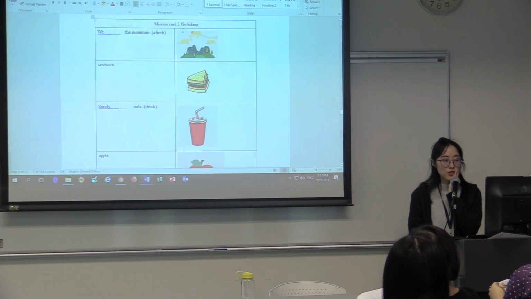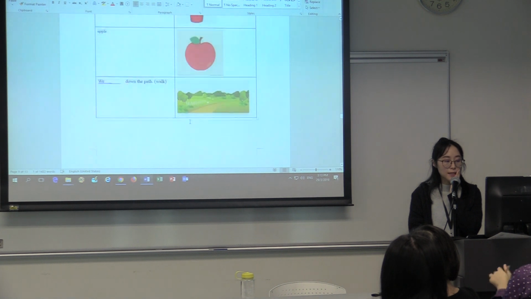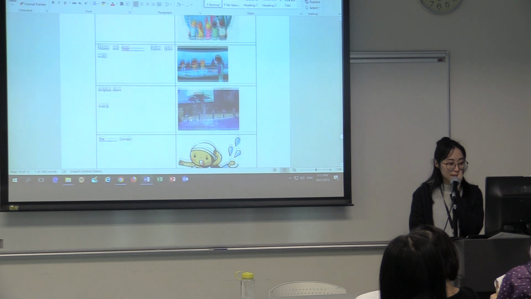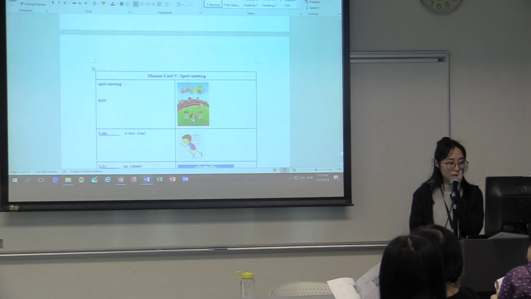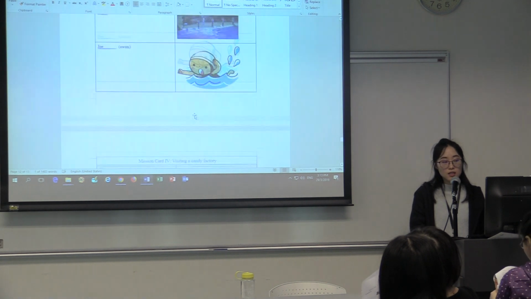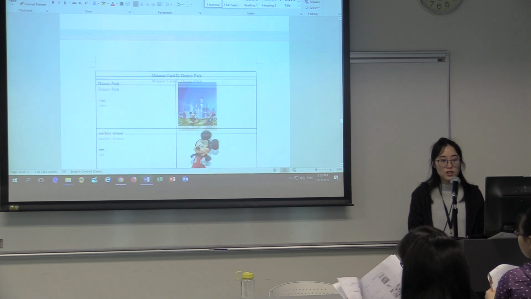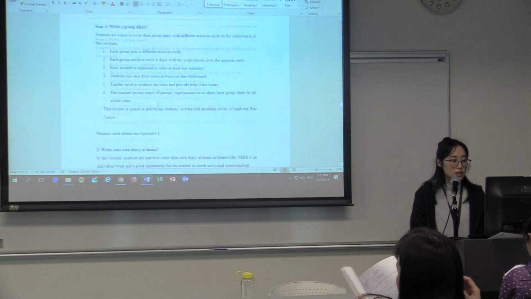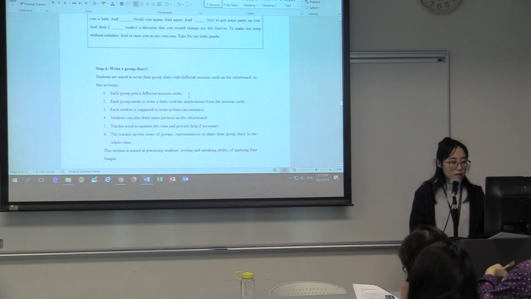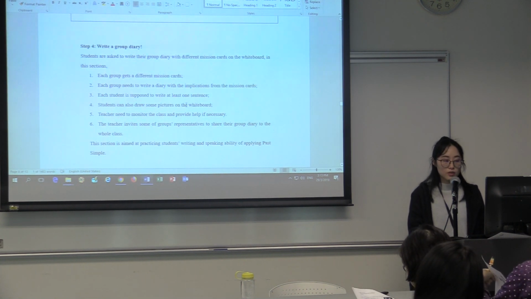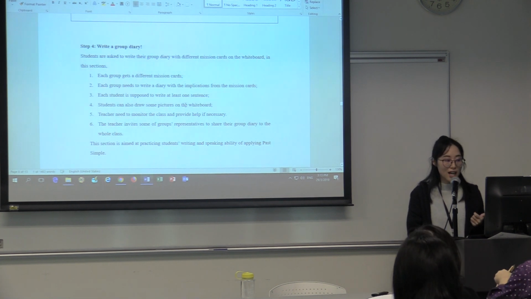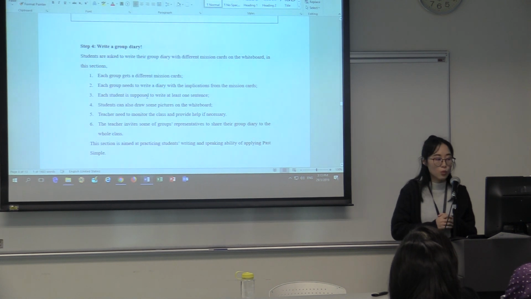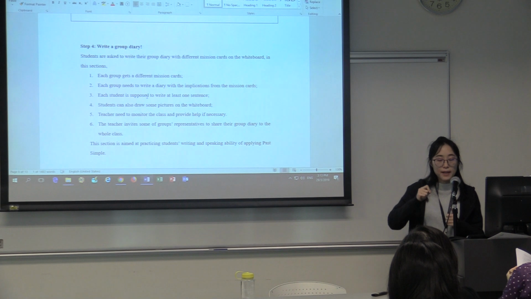We have made 5 mission cards. Like the first one, go hiking, and Disney park, go to other places, and also sport meeting. Students need to write group diaries according to these mission cards. And each student needs to write at least one sentence, and they can also draw some pictures on the